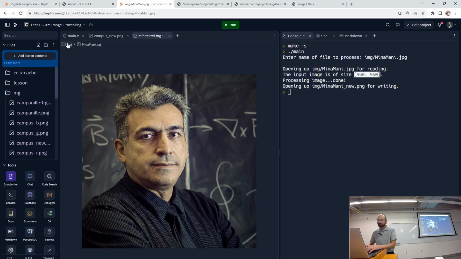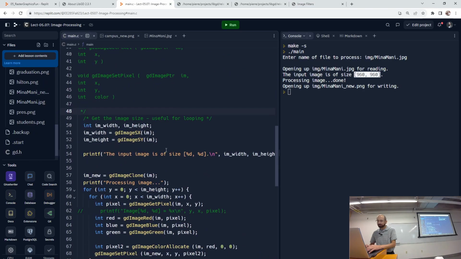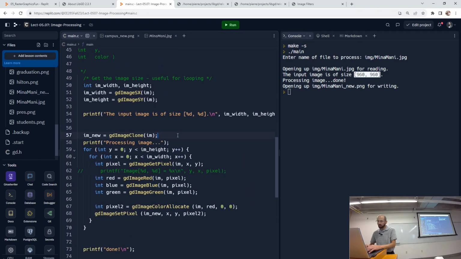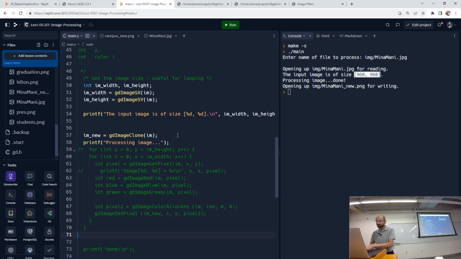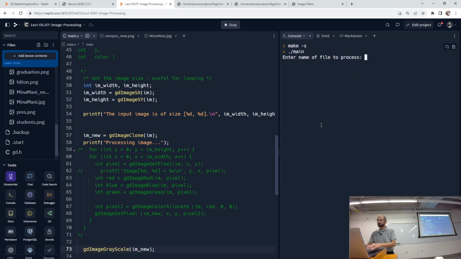So for that, I would probably comment out this entire set of for loops, because those are functions that we're calling on a pixel by pixel basis. Looking at the documentation for GD image grayscale, it takes in the whole image, just kind of does the for loops for you. I don't know if it's possible, what would it be if we just remove the red and made it 0 as well? Would that be grayscale as well? We can do it manually as well. So let's see if the function that they provided for us